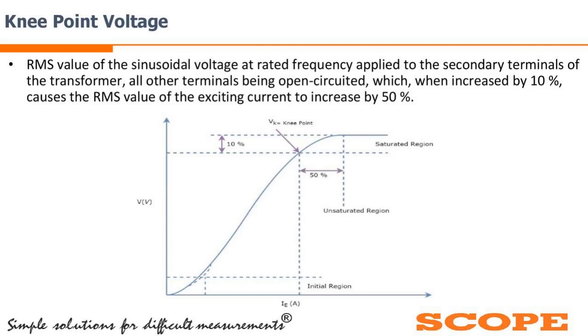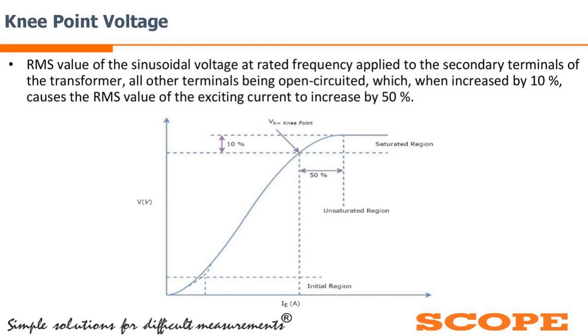Otherwise, what happens? The breaker will operate if we are using special protection type CTs on the transformer primary and secondary. If a fault occurs outside the transformer, the main purpose of our special protection CTs is that the breaker will operate only when the fault is in the transformer. If the knee point is not the same for both CTs on the primary and secondary side, then the breaker will operate unnecessarily. So that is why this test is very important on protection class CTs.